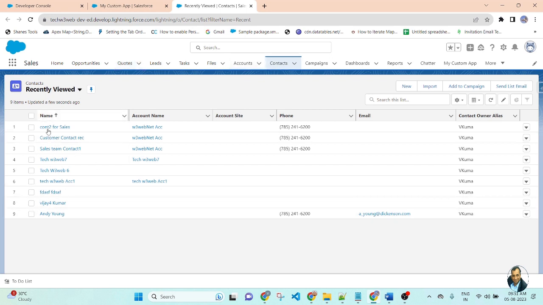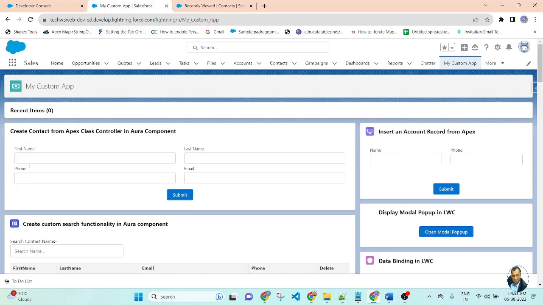This is the list of contacts. I will create another record from our component. First name Vijay, last name Kumar, phone number, write the phone number, and email w3webnet@gmail.com. Now I am clicking on the submit button.